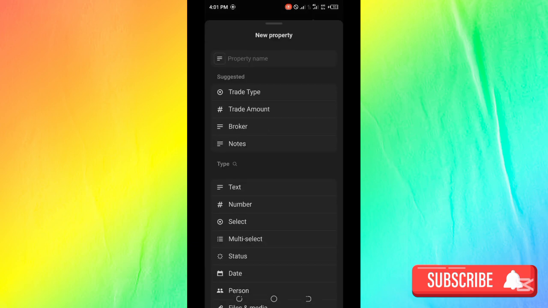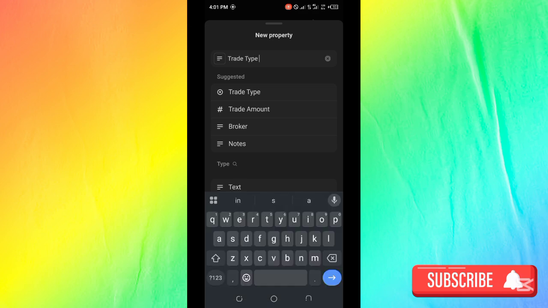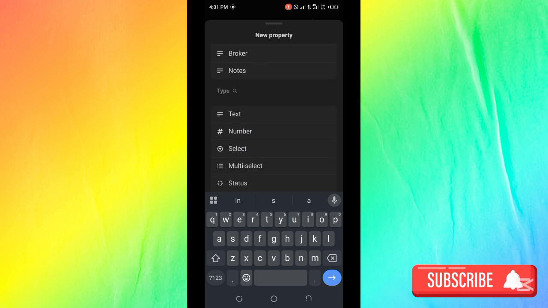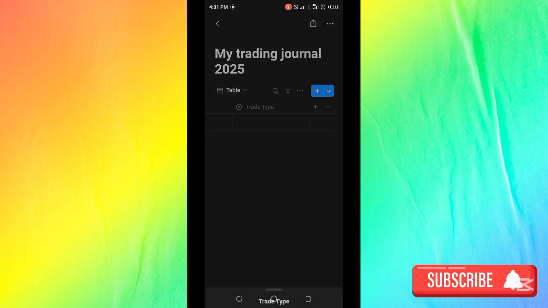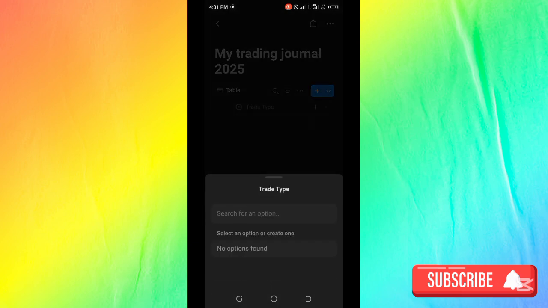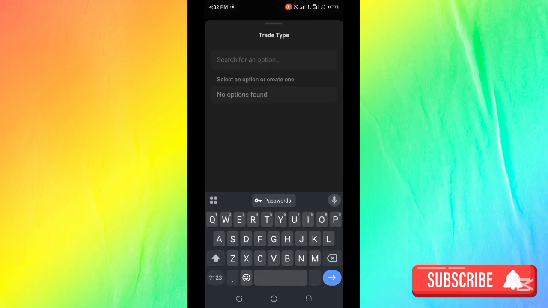You'll be adding your trade type, whether it's a buy. You create the heading, your trade type, and you scroll down on the type and you add select. You add select. You click on this and you add